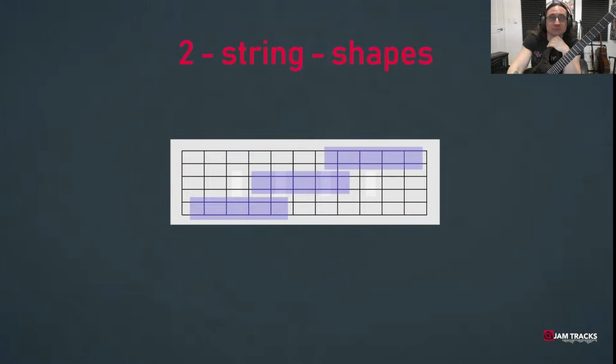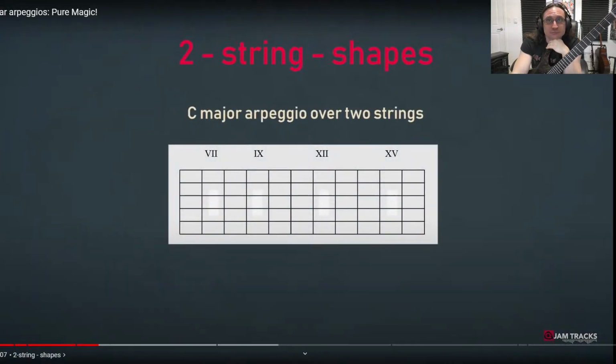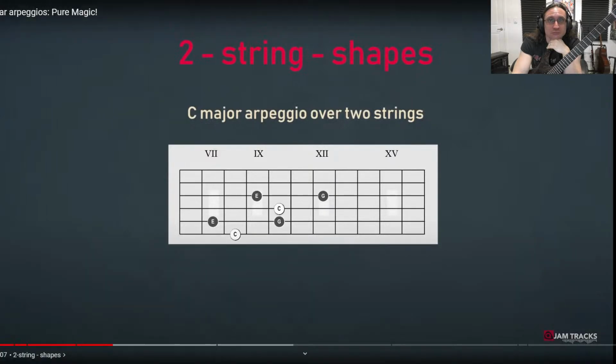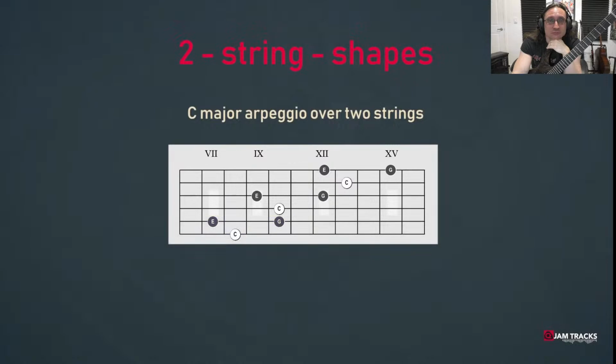We'll take the major chord as an example. The triad arpeggio of the major chord looks like this. We can repeat this pattern, kind of copy and paste, over the neck in other octaves like so. C, E, G, and C, E, G. And now we have a very simple pattern consisting of one shape and sounds like this in real life.